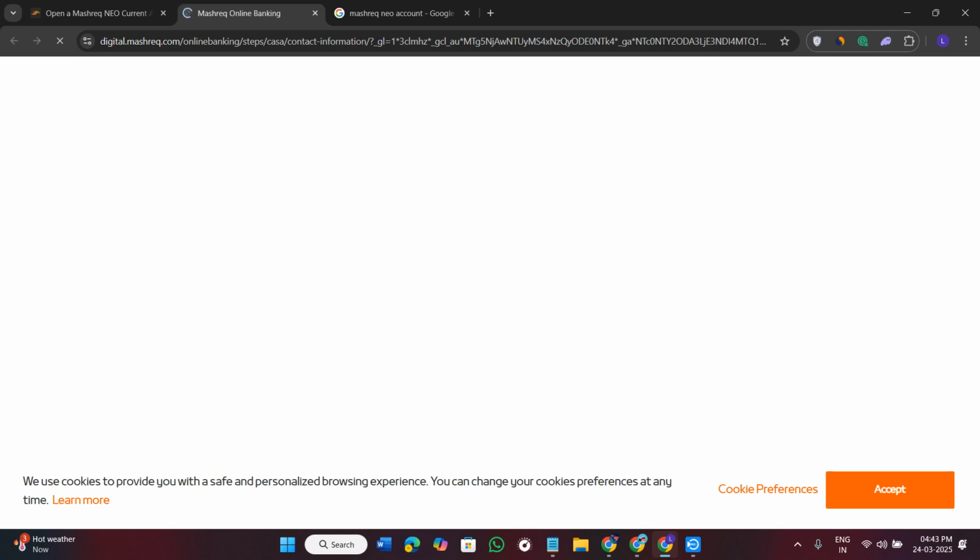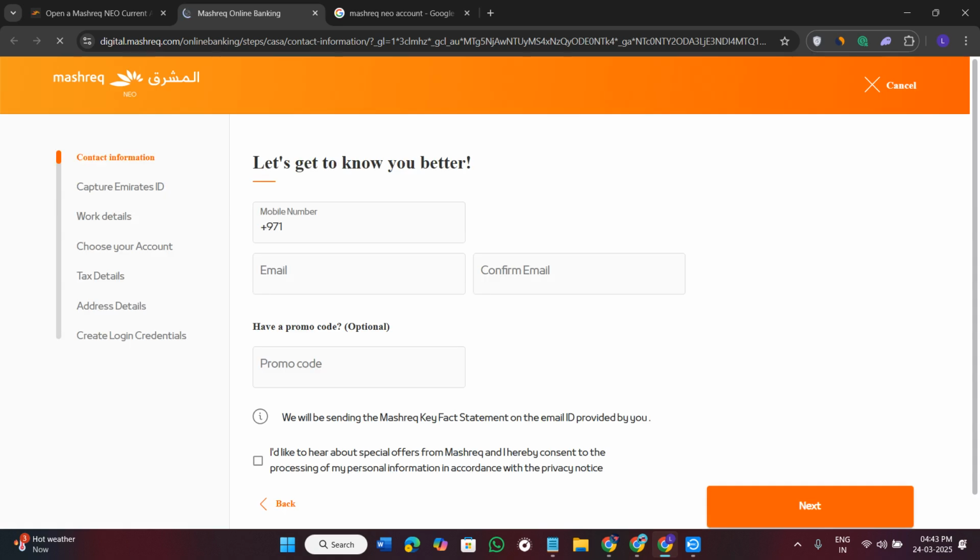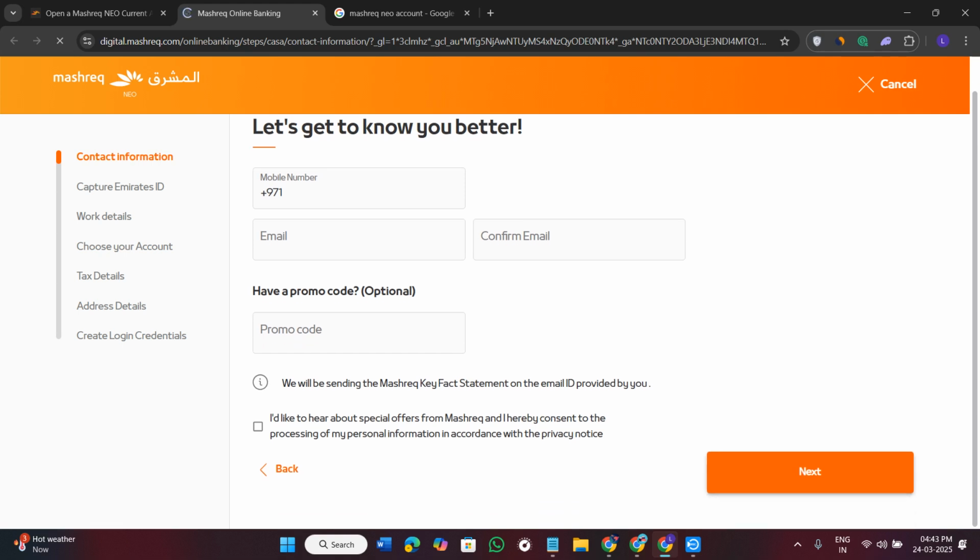and once you click on the apply now button, it will redirect you on this page, where first of all you need to click on the accept button in the bottom and wait for some time until the page loads in front of you. You need to use your device's camera in order to scan your valid Emirates ID. This will autofill some of your personal details. So here you need to just provide your phone number, your email address, confirm your email address. You need to add any promo code if you have, then press next in the bottom right hand corner of